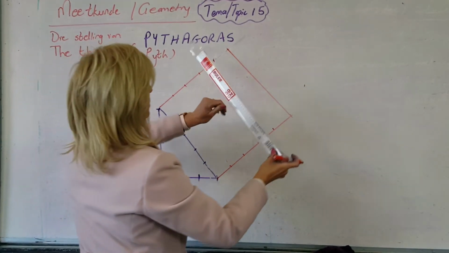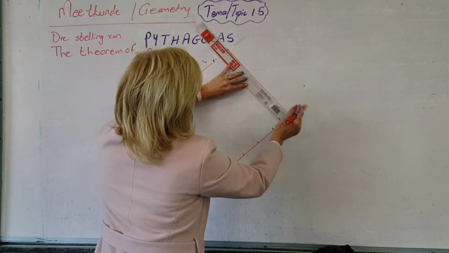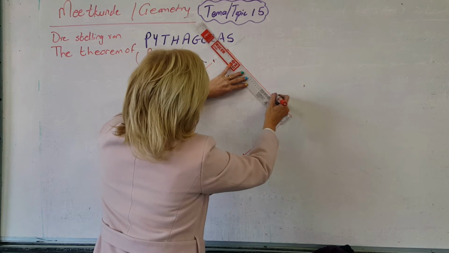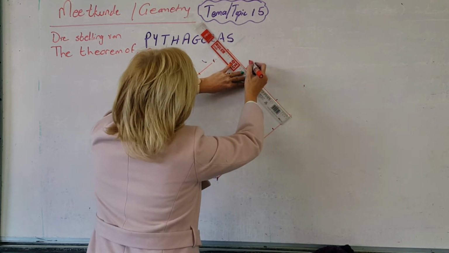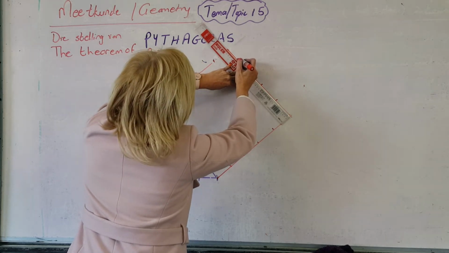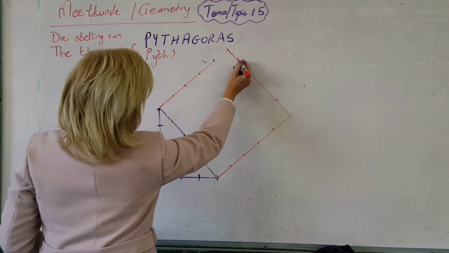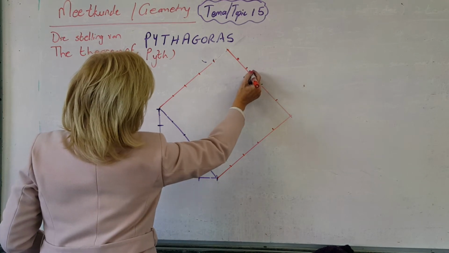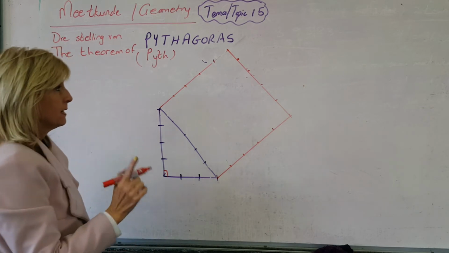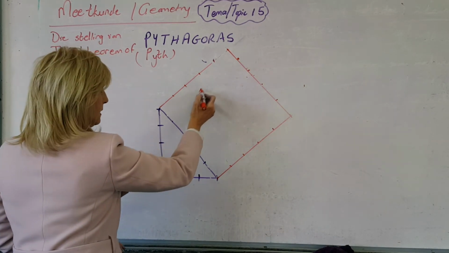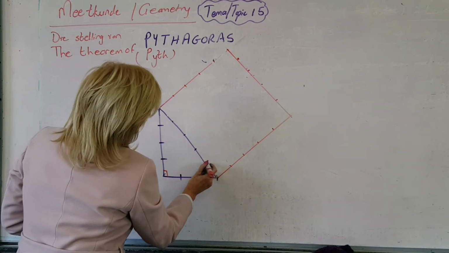So this one again, sorry. This one again, I'm going to go and say 5 centimeters. So I've got 1 and 2 and 3 and 4. Ooh, mine is a little bit skewed. Okay. So I've got 5 centimeters here. Dan gaan jy vir my hierdie lyne intrek. You're going to draw in these lines so that you've got